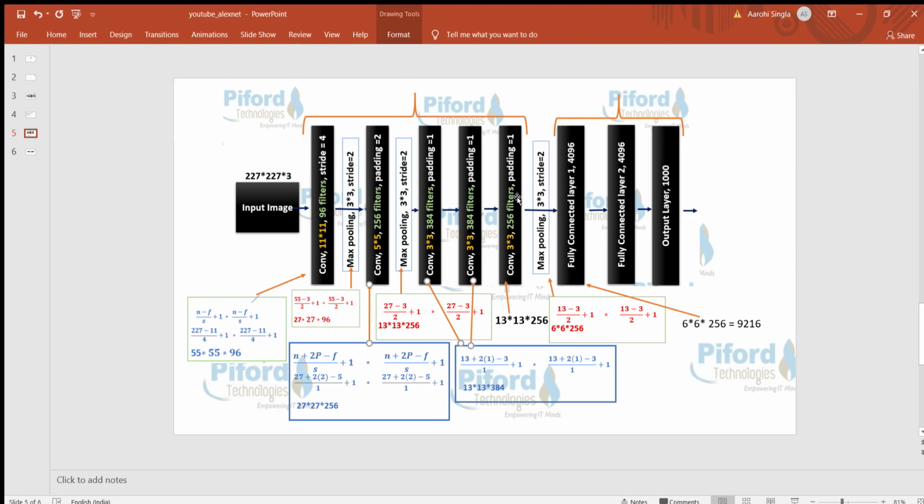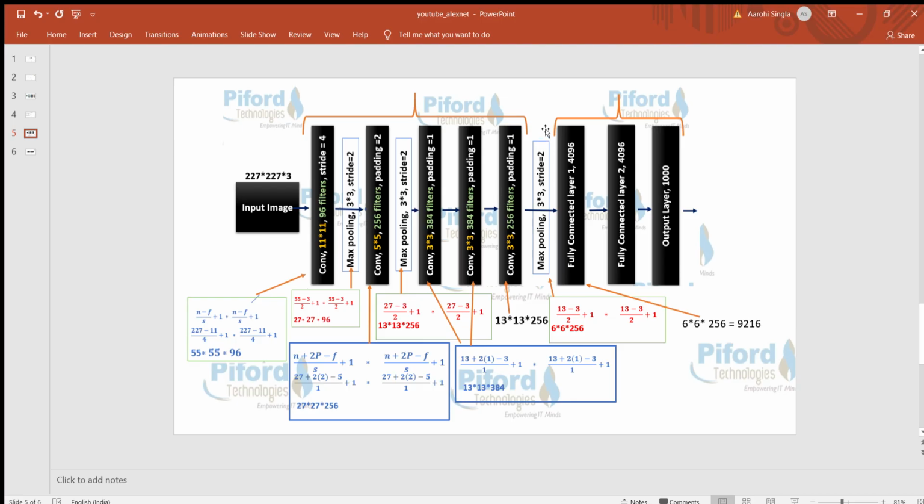Why 256? Because we are having 256 filters in it. Now we are applying max pool on it. After applying max pool on it, this is the final image size after the convolutional operation, 6 into 6 into 256. So now you can see that from 227 into 227, our image gets reduced to 6 into 6, and this 256 means we are having 256 different filters. We are having 256 different images which are storing different features, right?